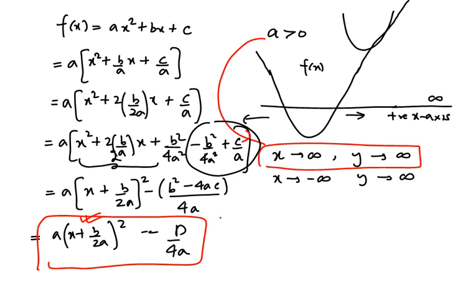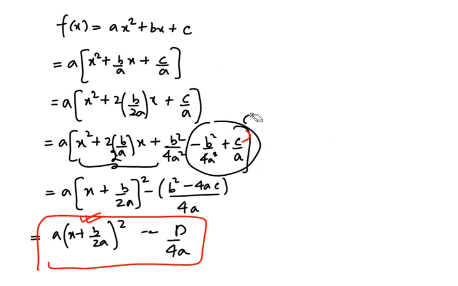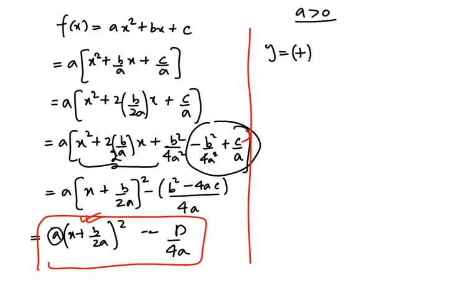Now let's take a greater than 0. What happens when a is positive? So y equals, here I am putting a plus sign to indicate that it's a positive quantity, as a is positive. Then we have this perfect square, x plus b by 2a whole square, and then we have minus d by 4a. This is a constant term which is not changing as x is changing. You can see there is no x involved here.